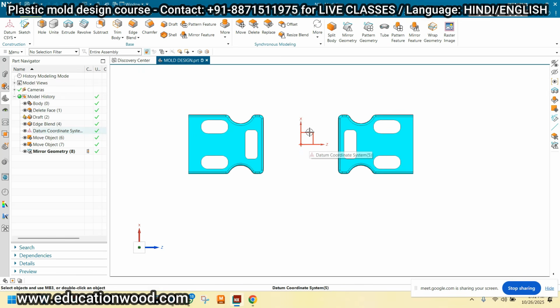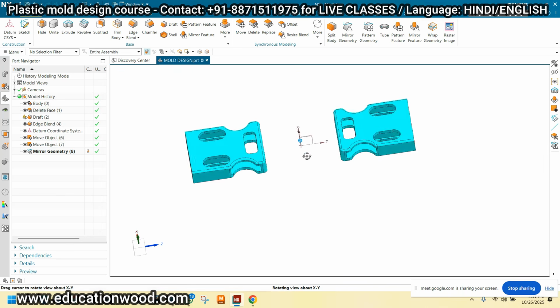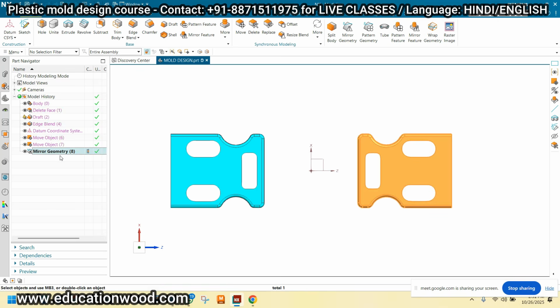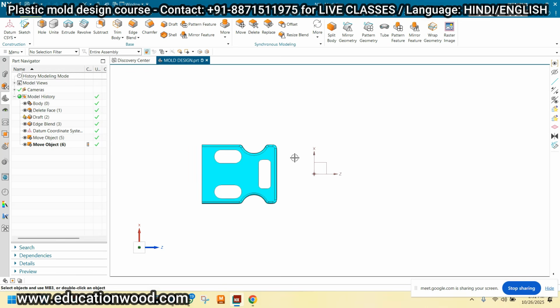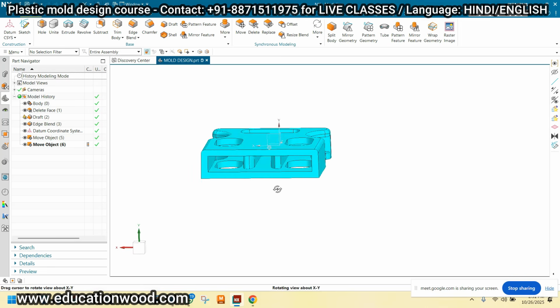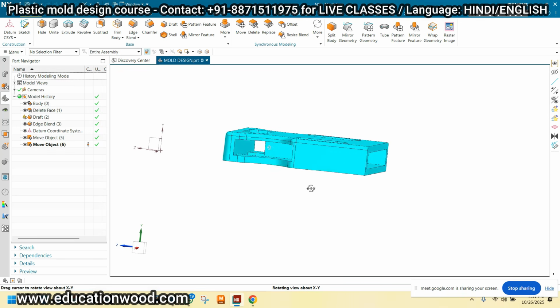Okay. Now see here. For example, this is the multi-cavity layout I have prepared. Say you want to make a four cavity mold. Can we take the position for the four cavity? We can prepare the layout for the four cavity also. There is no issue about that, right or wrong? So let's take the current four cavity, but before that, we have to understand whether we can prepare the four cavity or not.